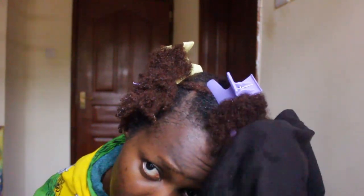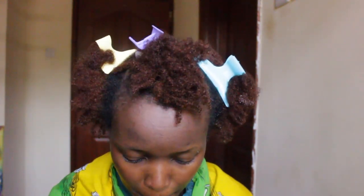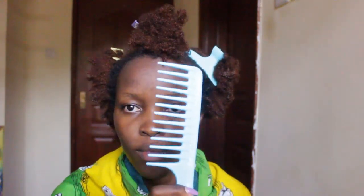Once my hair is cleansed, I like to blot away excess water using a t-shirt because it's very gentle and it's not as harsh as a towel would be on my hair. Then again, section by section, I'm just going to detangle and add deep conditioner because today I'm deep conditioning my hair. I use my hands, a wide-toothed comb,